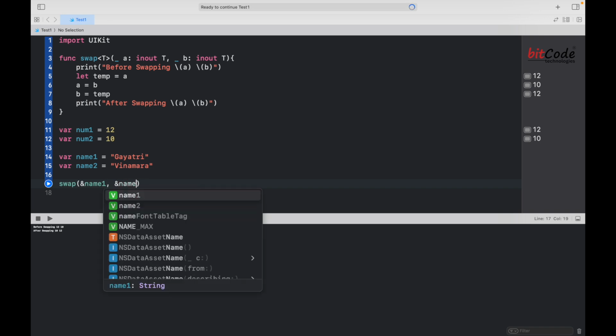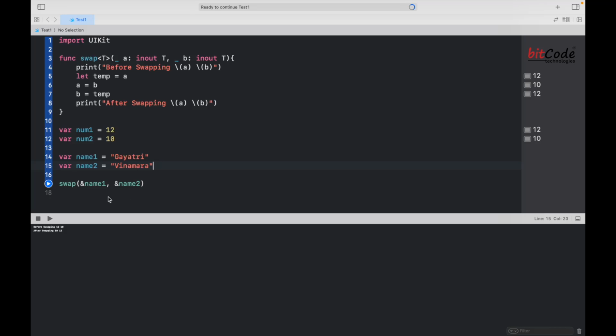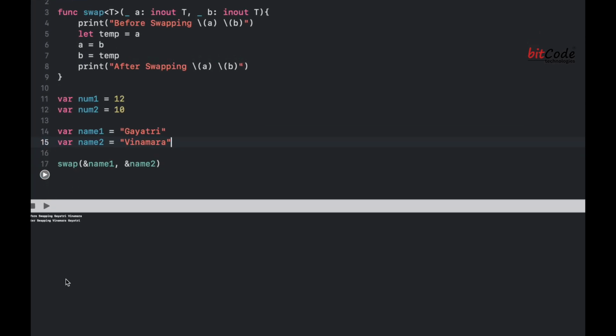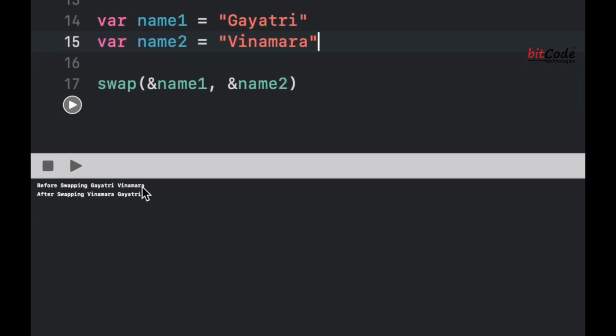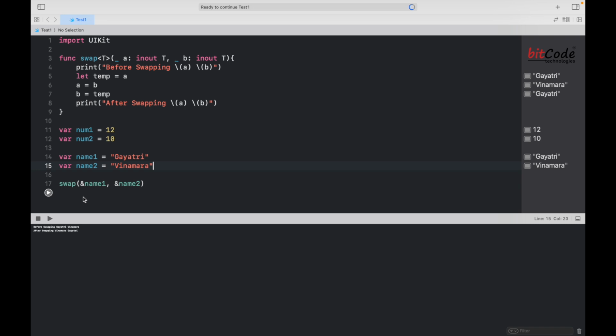I am passing these values to swap function. We had passed two strings, that is Gayatri and Vinamra, and now we have got the swapped output as Vinamra and Gayatri. So here